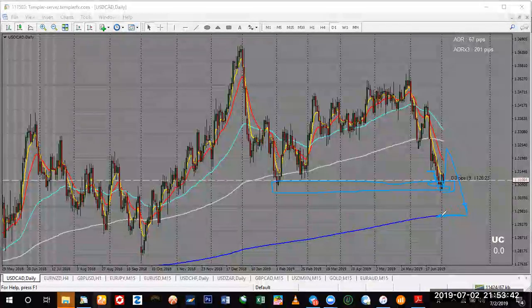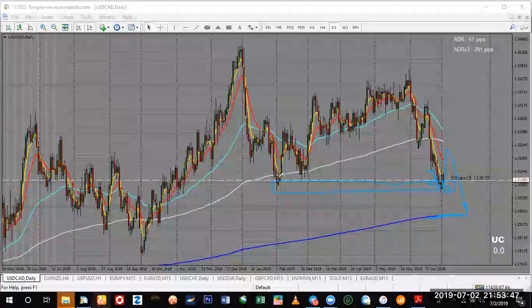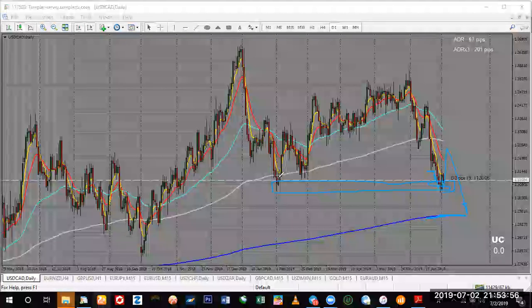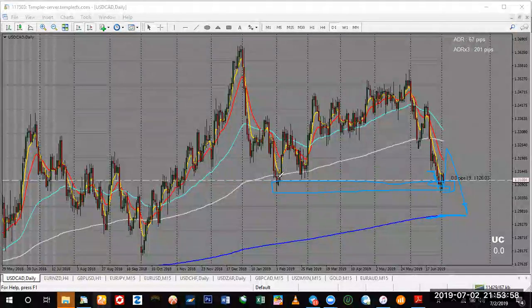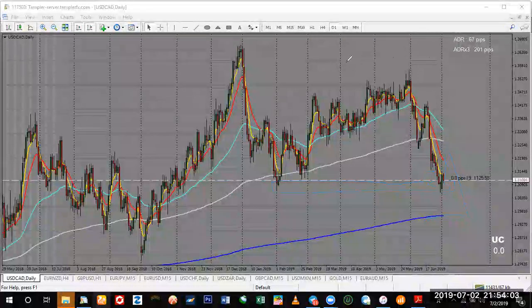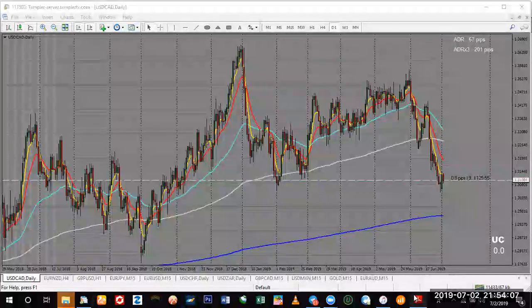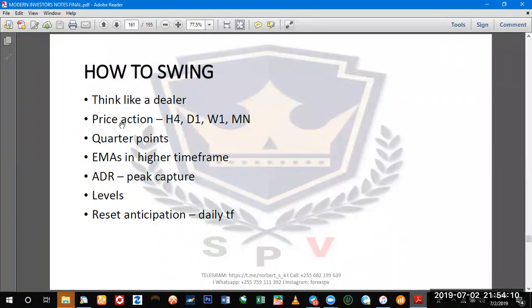And the position of EMA is on the higher time frame, especially on the daily. You simply shift the knowledge you have on the hour 1 time frame and use it on the daily here. Like when the dealer is on the 800, you may expect a peak. When it's on the 200 there, and you see a peak, it's a peak reset. So you should shift the knowledge you have on hour 1 to the daily. The quarter point, sometimes the dealer may extend to find a certain